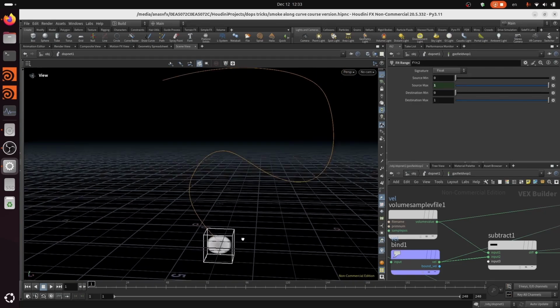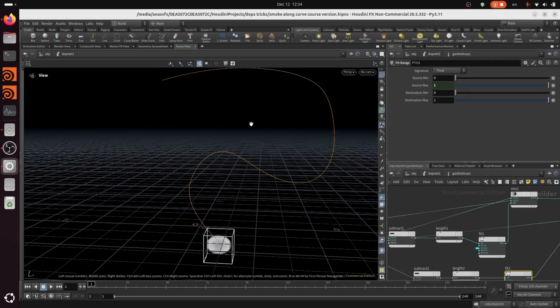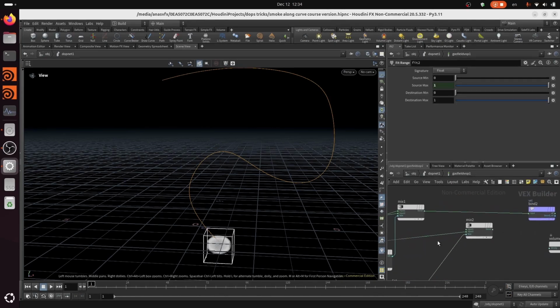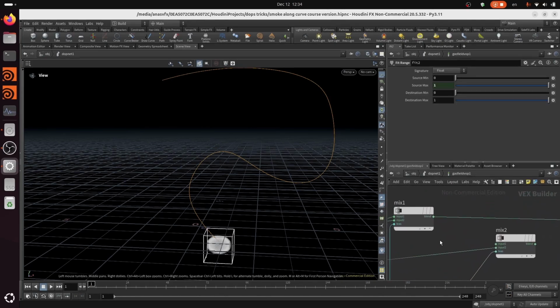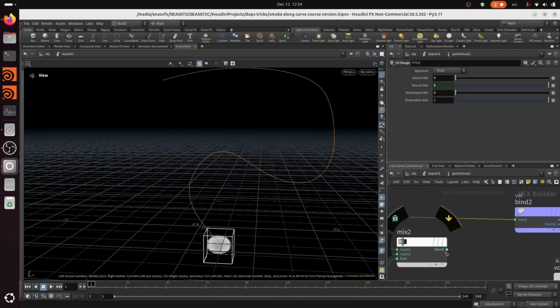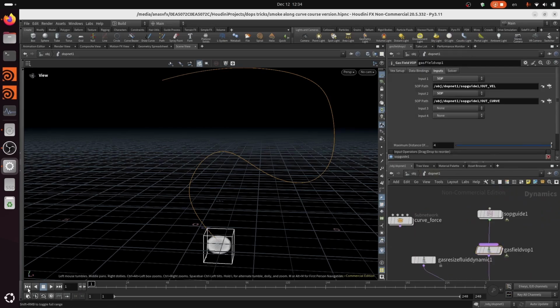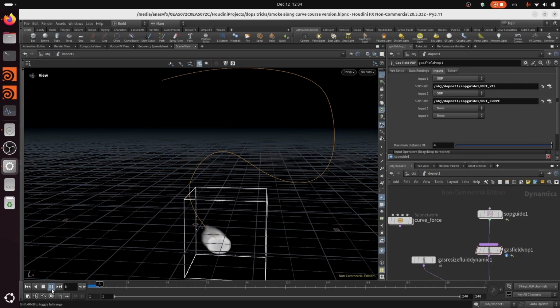We don't want it to be very sticky to our curve, and we want the far smoke to float upwards. And if it's near to the curve, we want to use this velocity, and we can now connect this to our velocity. And if we now play our simulation,